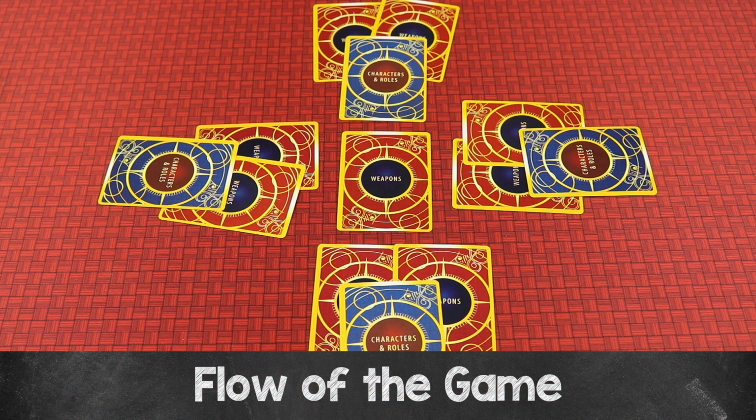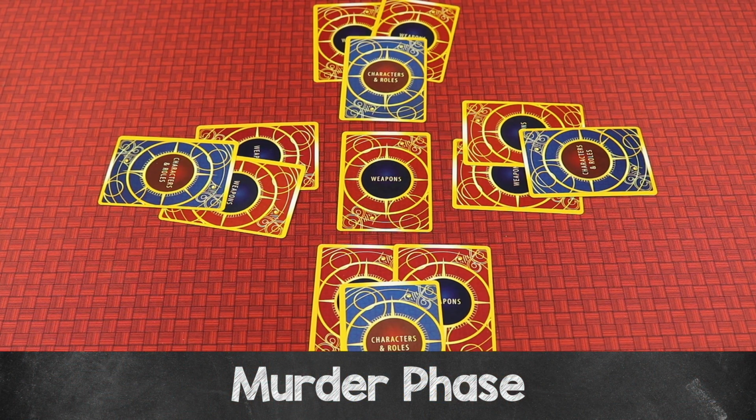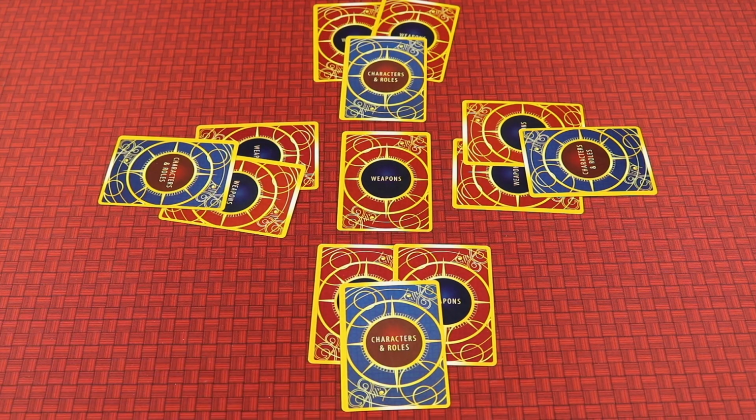The game goes through 4 different phases: murder phase, investigation, interrogation, and arrest. Let's go through each of those phases now, starting with the murder phase. Now the beginning of that phase was actually putting out these cards just as we already have done, but then